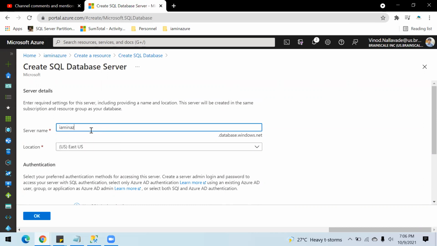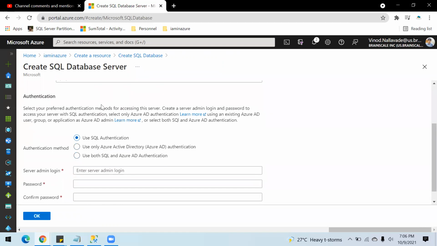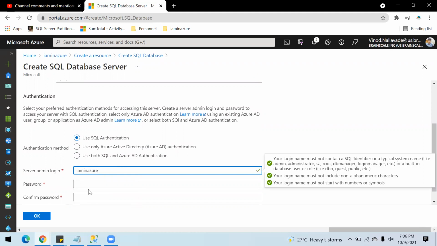So this is my server name, and the location to be the same, which is East US. And for the authentication method, we have options to integrate our SQL server with Azure AD, or else you can go with the basic SQL authentication where you need to provide your login and password. So I need to provide the admin login, which is I am in Azure.